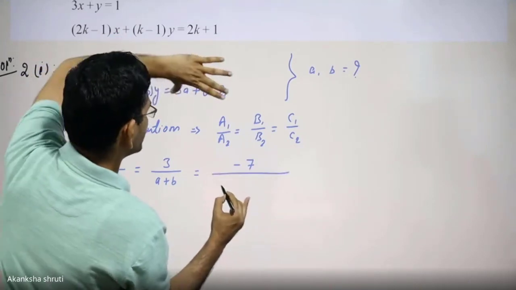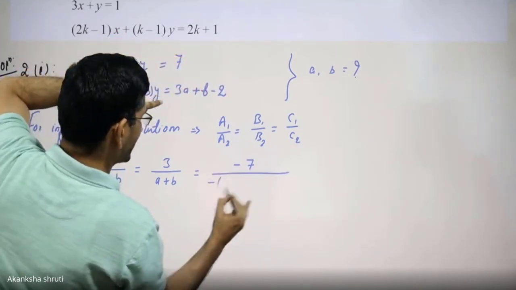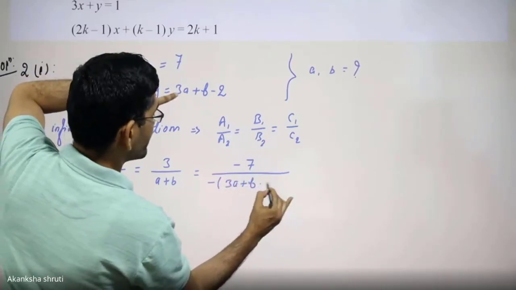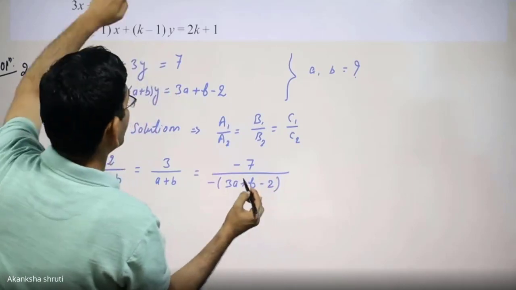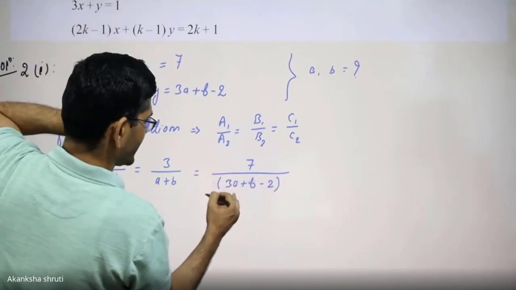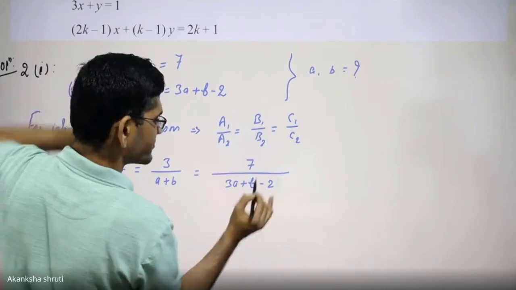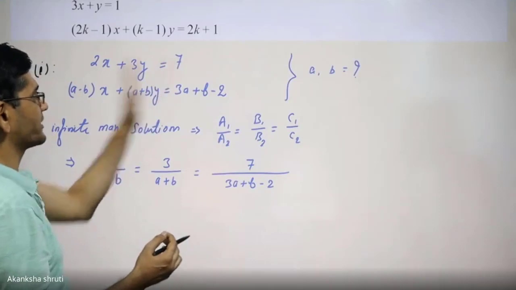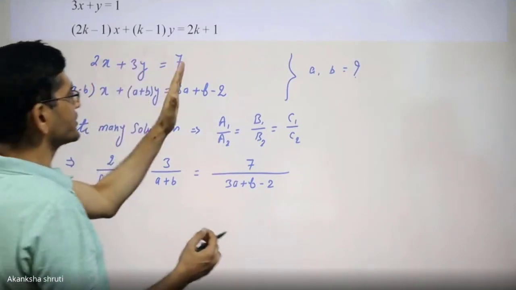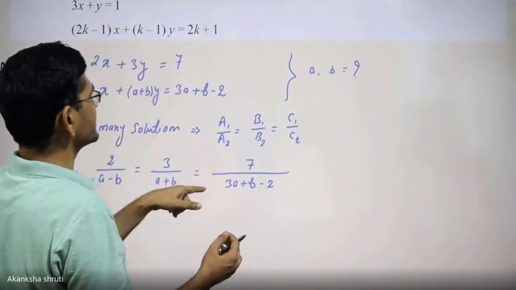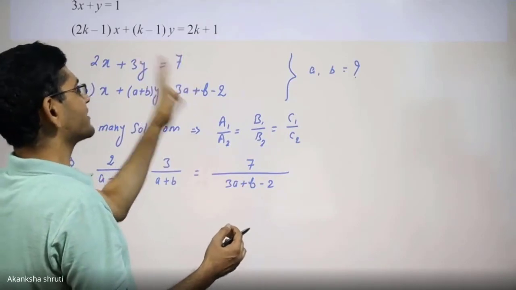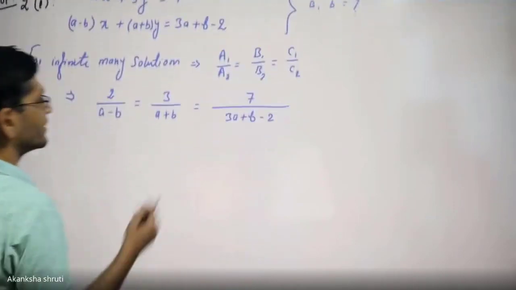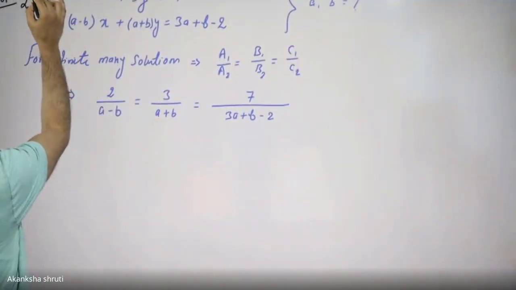And this entire term is also brought on left hand side. So the entire term 3a plus b minus 2 should be negative. Even this minus can be left because they are getting cancelled, or even this bracket can also be left. So just by practice you have to understand. But the concept is that it should be in a standard form. Though both are on the right hand side, so signs are getting cancelled. So keep in mind, if one is on left and other on right, then you need to put it along with this sign. From here, we have to find the value of